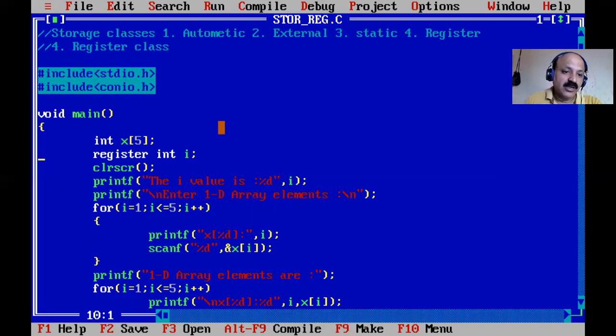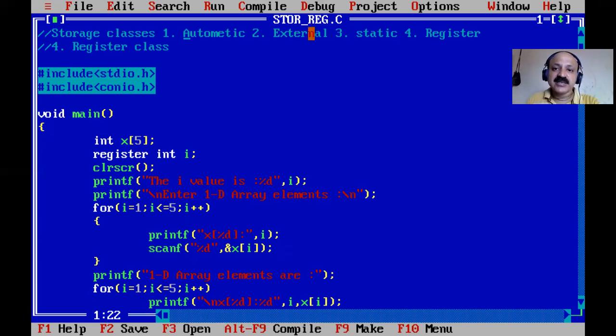So the default value is garbage and it is stored in a CPU register. Yes, that is the CPU register, and the default value is garbage, and then the scope is that you can only declare it as local. So yes, you can observe here that automatic and register have only local scope within main, and both are garbage, automatic and register. And external and static are the two variables that are global, but a static variable we can use as both local and global.